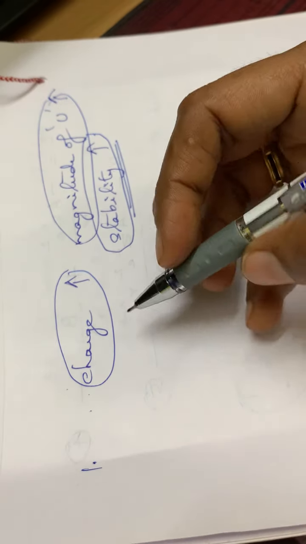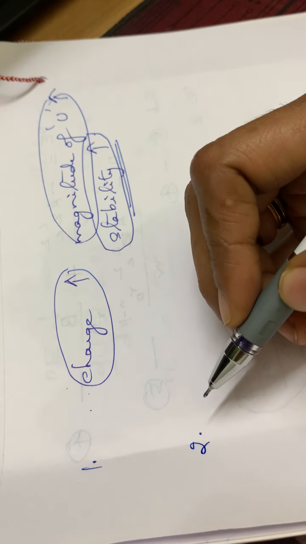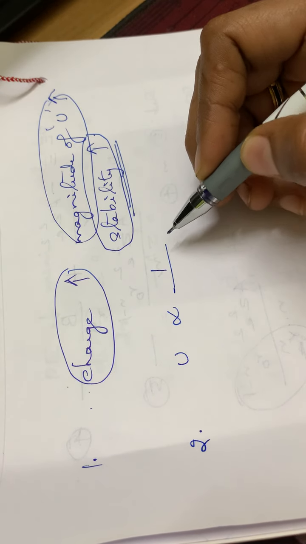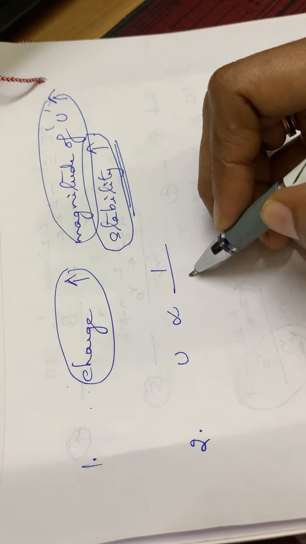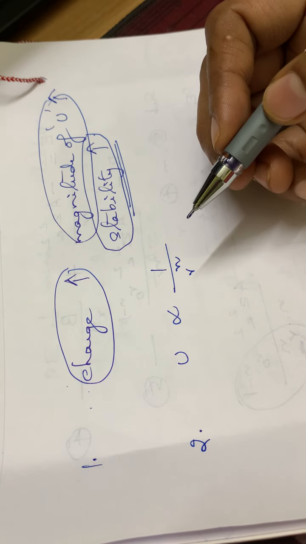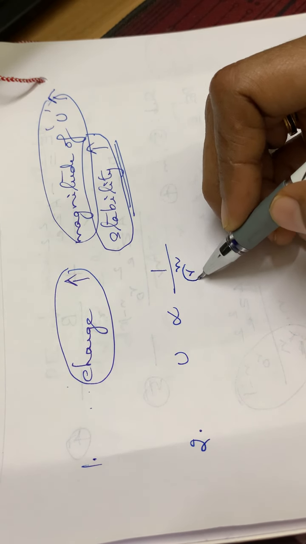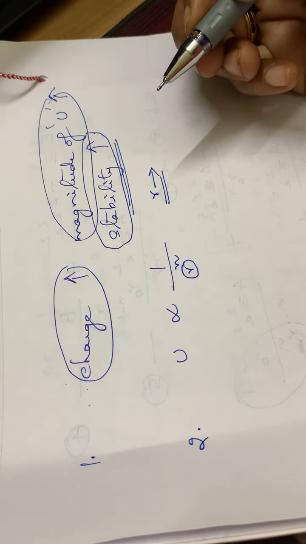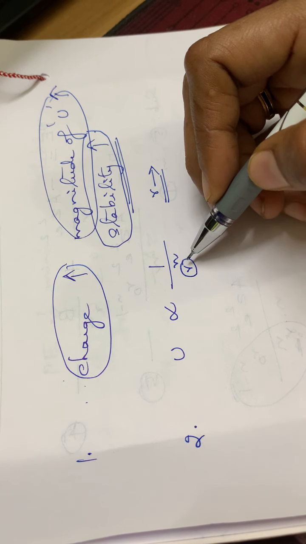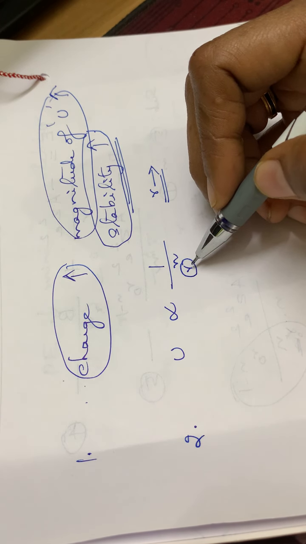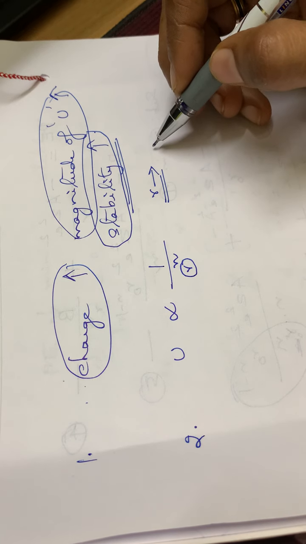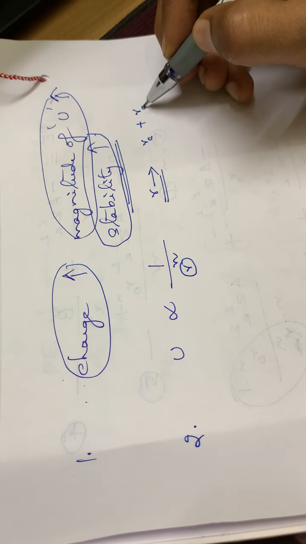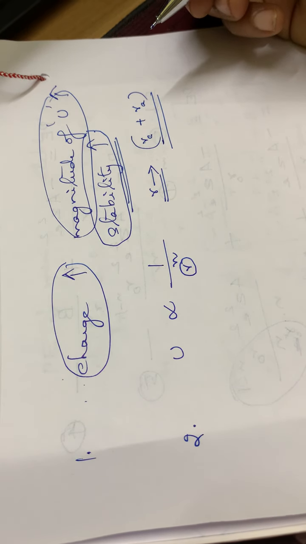The second point to be noted is that the lattice energy is inversely proportional to the internuclear distance. We saw in the equation itself that it is inversely proportional to R raised to N, the nth power of the internuclear distance, denoted by R. And how will you calculate this interionic distance? It is the sum of the radii of the cation and the radii of the anion.